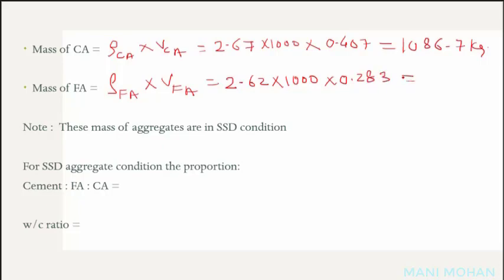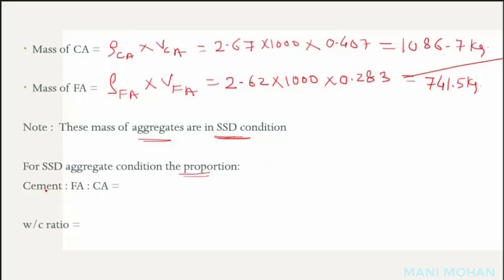We do this computation, we get 741.5 kg. We have to remember that whatever computation we did, it is valid for aggregates in saturated surface dry condition. So when we have aggregates in saturated surface dry condition and you want to know what is the mix proportion for M20 grade concrete,